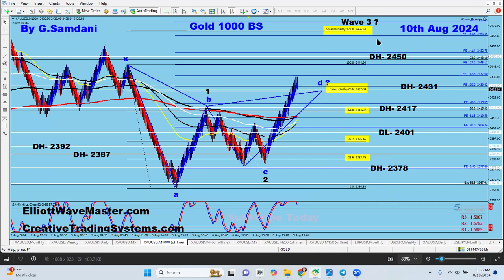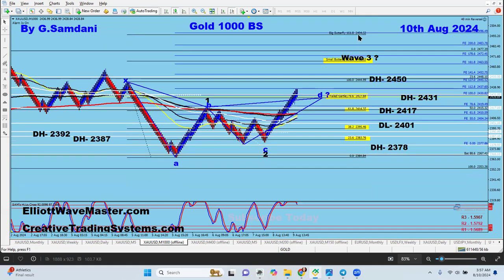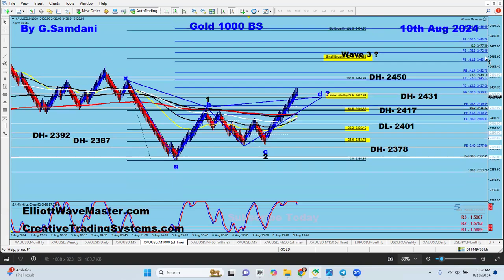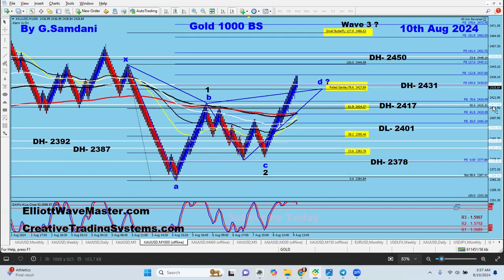And like I said, the target for wave 3 is 2561, right? You may go all the way to the upside. This is a small one, and then you go a little bit more. The bigger one is coming, like 2494, and my other 161% expansion coming for wave 3 around 2561. So not too far from here, maybe right around here, right? So that can happen. That is a possibility that I'm looking at, and I will be trading in that direction.